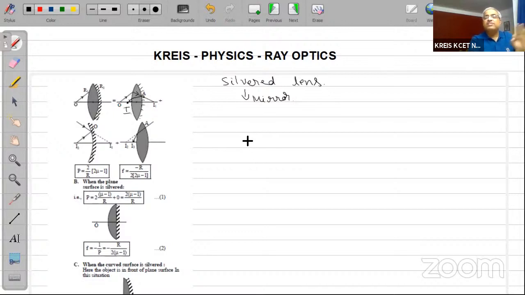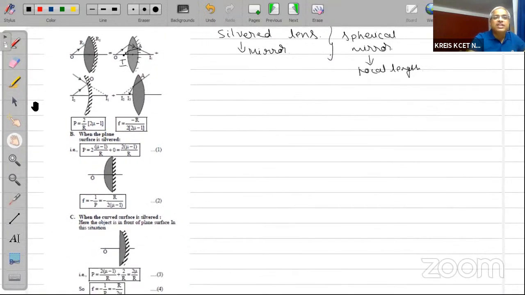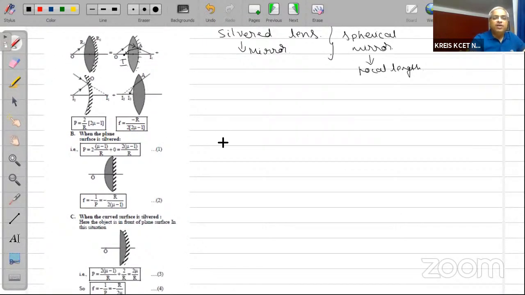So a silver lens will act essentially as a curved or a spherical mirror. Spherical mirror ಅಂದ್ರೆ ಅದಕ್ಕೊಂದು ಫೋಕಲ್ ಲೆಂತ್ ಇರ್ಬೇಕಲ್ವಾ, ಎಷ್ಟು ಅದರ ಫೋಕಲ್ ಲೆಂತ್ ಅಂತಾರ ಪ್ರಶ್ನೆ. The focal length of such a lens is given by the following. Okay, will be written as